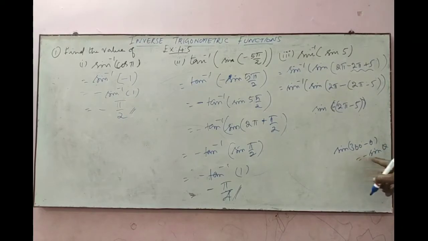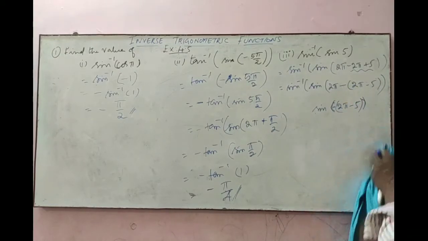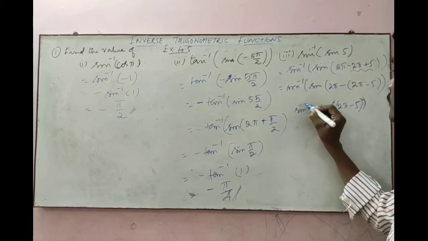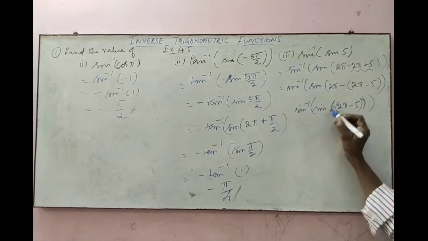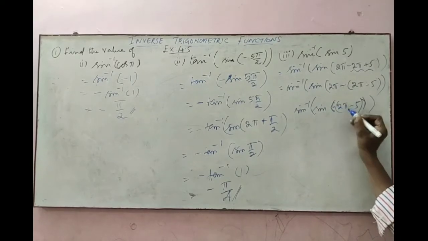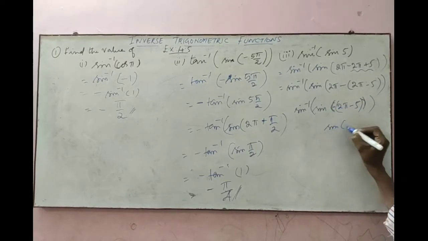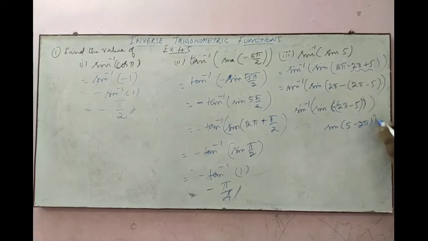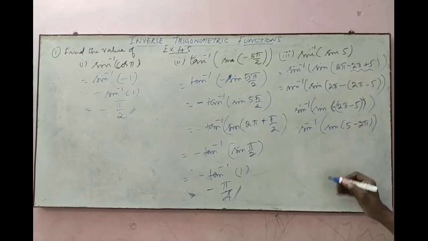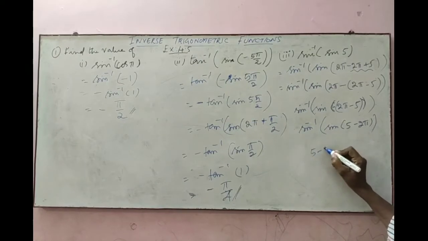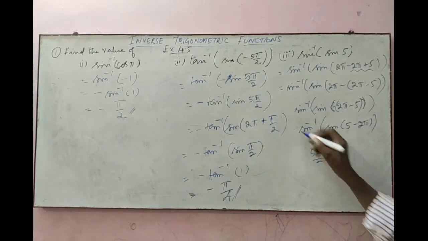So here you will get minus sin of 2 pi minus 5. Sin inverse of minus theta, if you multiply this minus here, you will get sin of 5 minus 2 pi. Now you cancel this sin and sin inverse, you will get the answer as 5 minus 2 pi,